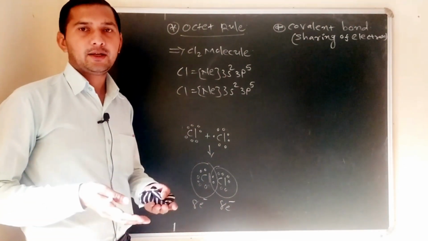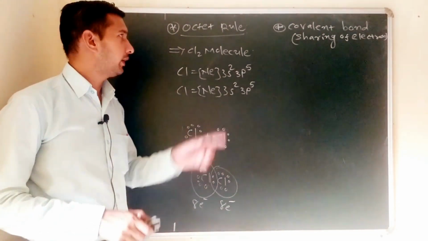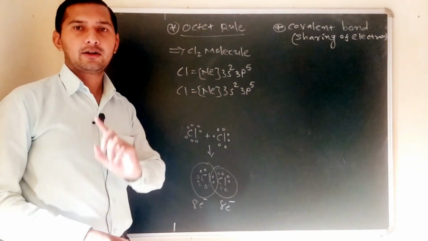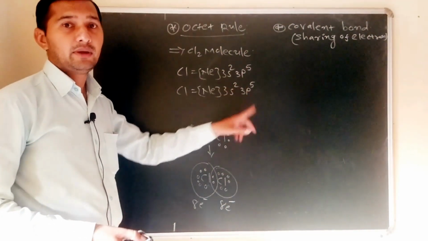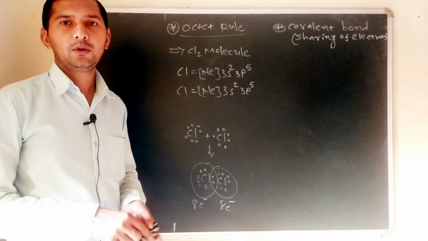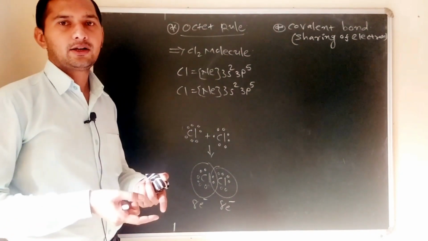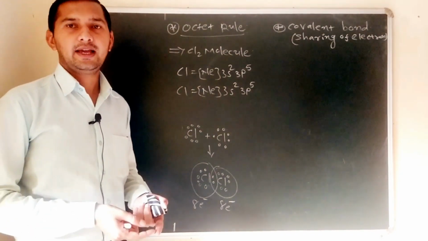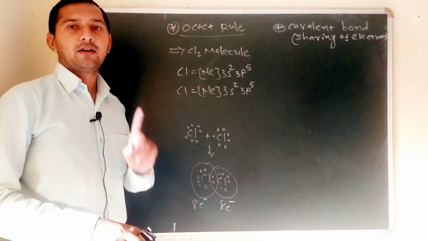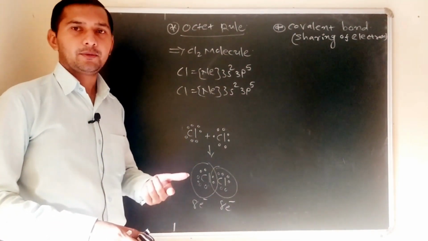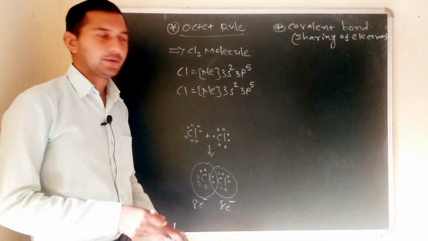Any atom which wants to form a molecule due to an incomplete octet, or fewer than 8 electrons, maybe short by 1 electron like chlorine, or by 2 electrons in the case of the O2 molecule, shares its valence electrons to complete its 8 valence electron configuration in the outermost shell, forming a covalent bond. If one electron is shared by each atom, we say a single covalent bond is formed in the stable molecule.